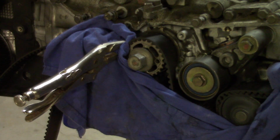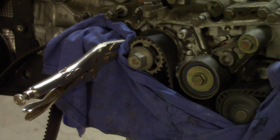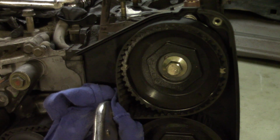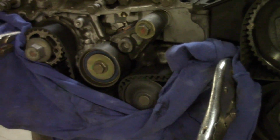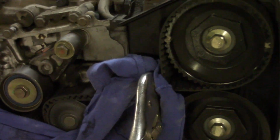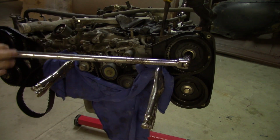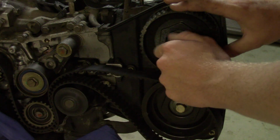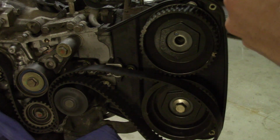If you don't have air tools, another method you can use is the timing belt method. So do this to your old timing belt because it will ruin it. I put a cloth over it to see if that would help protect it any bit more. We'll see, but you wrap the timing belt around your cam sprocket, and then you wrap it around a couple of your pulleys and then the center crank, and you use 2 vice grips, and that should put enough tension for you to release that one loose. This actually might be a better way too, because I've never had an issue, but with air tools,